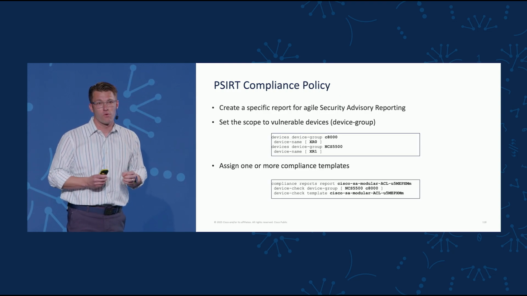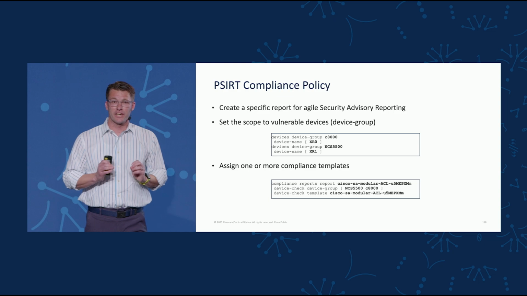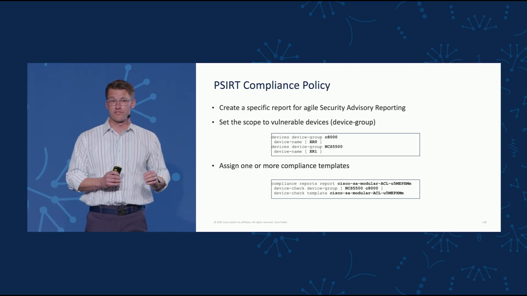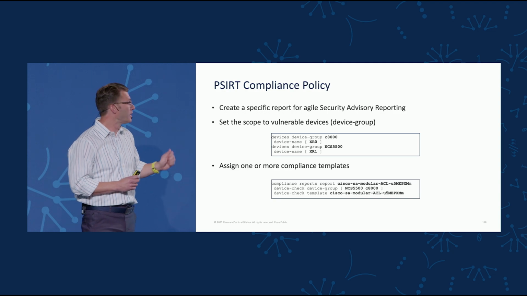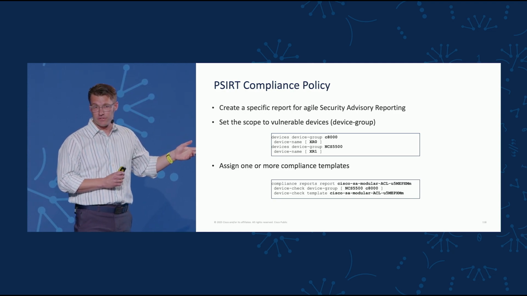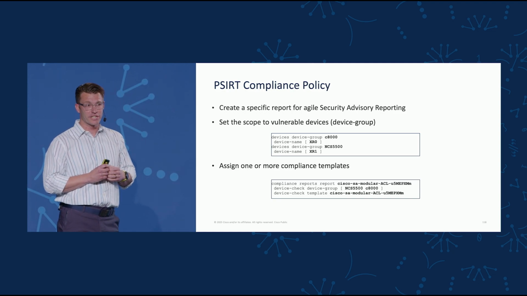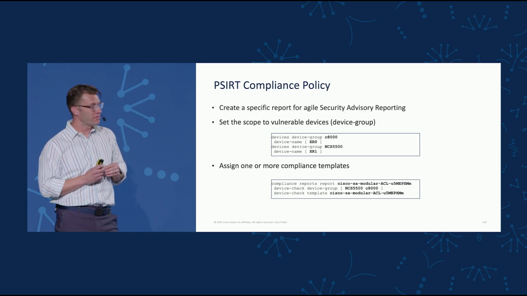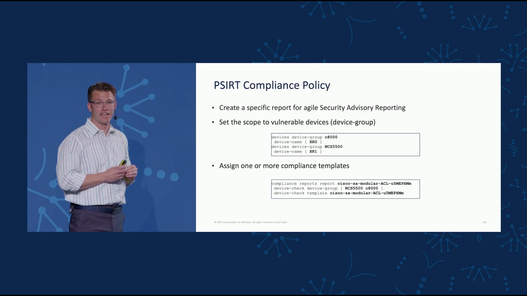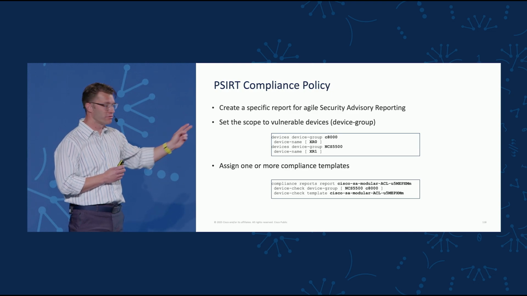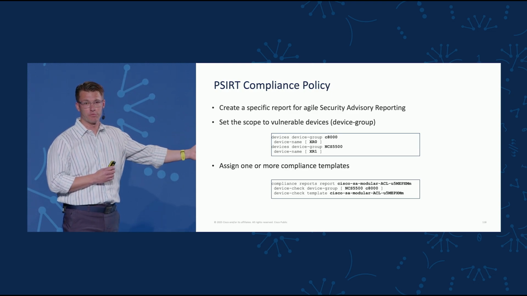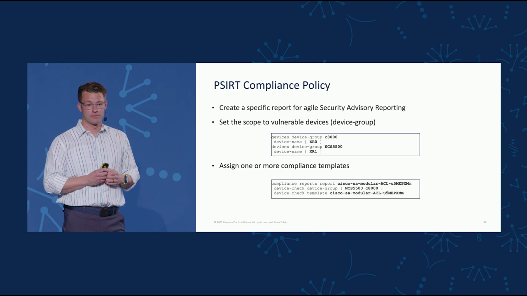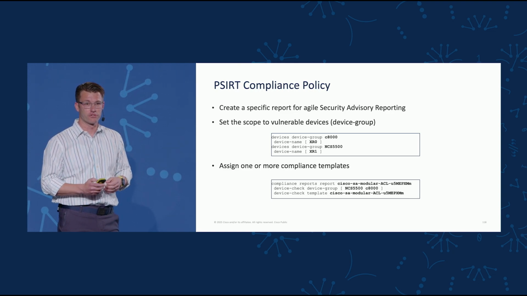And next, we're going to write a compliance report for this. So a compliance report consists of a name, a list of devices. So in this case, recall our conditions. We only want to match on NCS 5500 and Catalyst 8000 routers. So we use device groups for that. And then we specify the device template that we just wrote. Let's run this report.